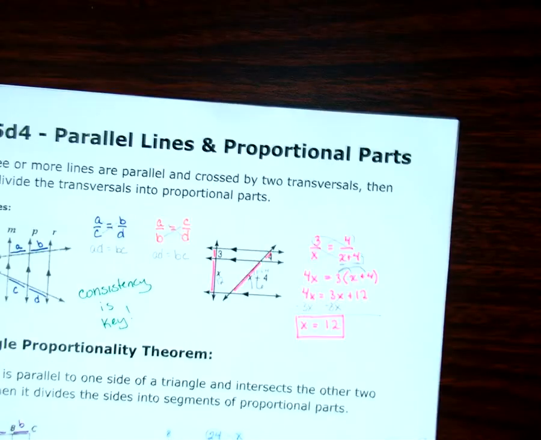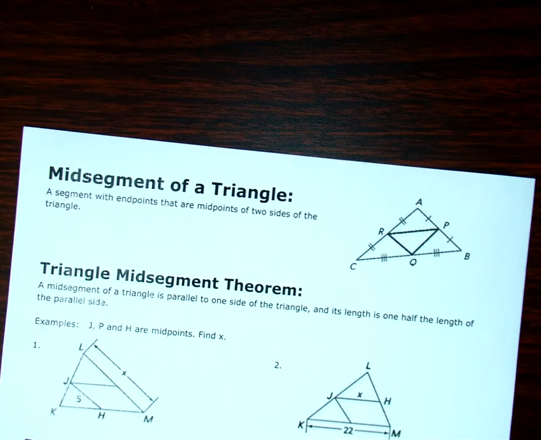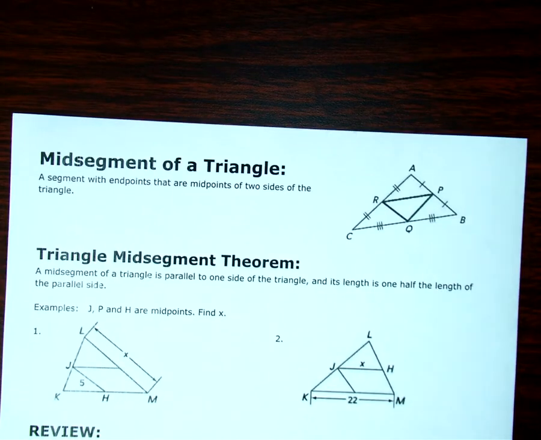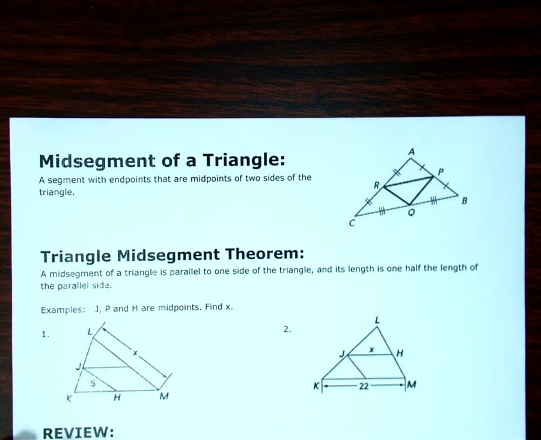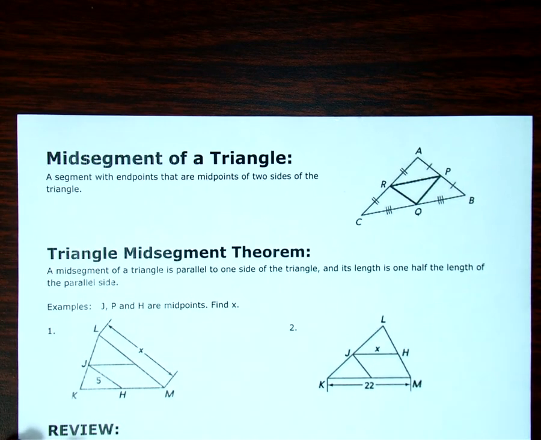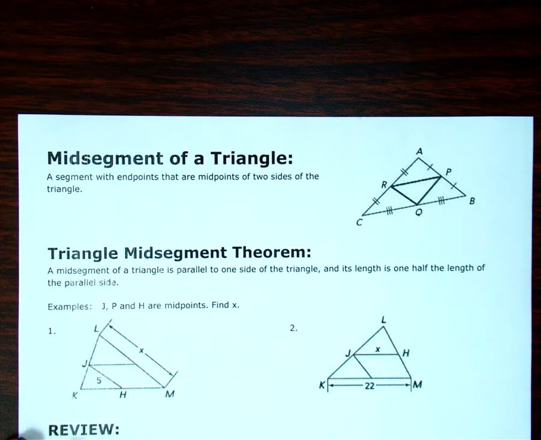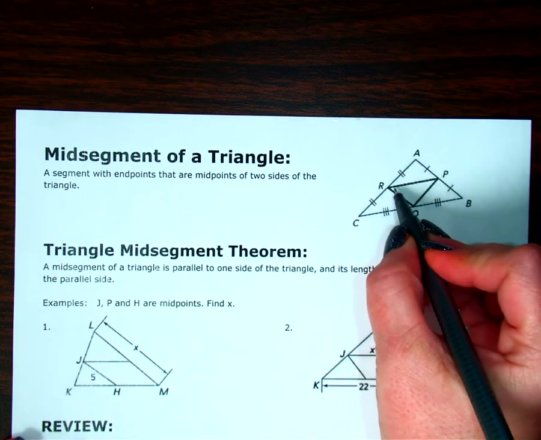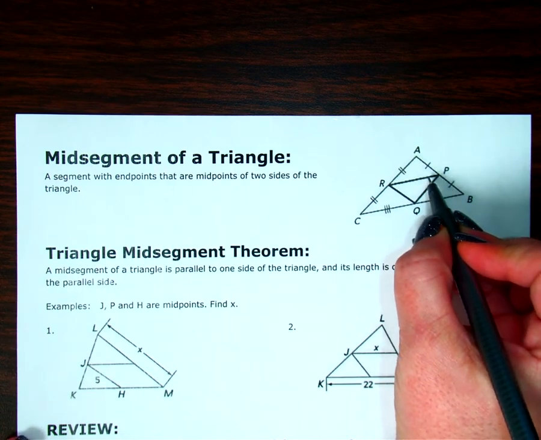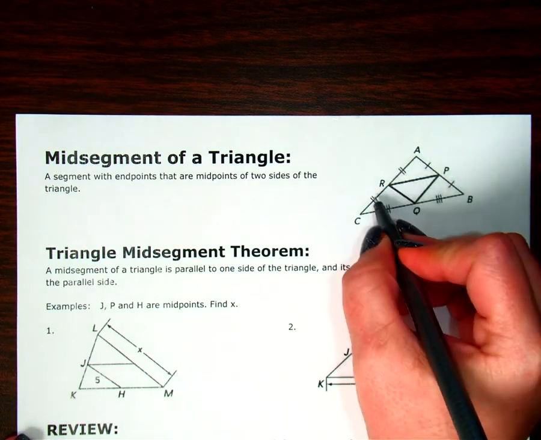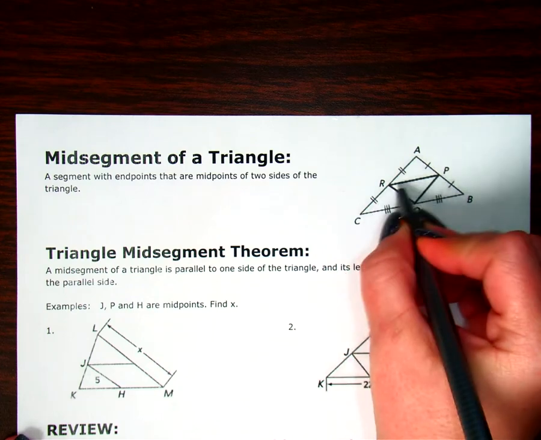Okay? Let's look at another type of relationship that we can look at in triangles. And this is called mid-segments of a triangle. The mid-segment of a triangle is a segment with endpoints that are midpoints of two sides of the triangle. So if I look here, I can see that RP is a mid-segment. Because of my double tick marks here and here, I know this is a mid-segment